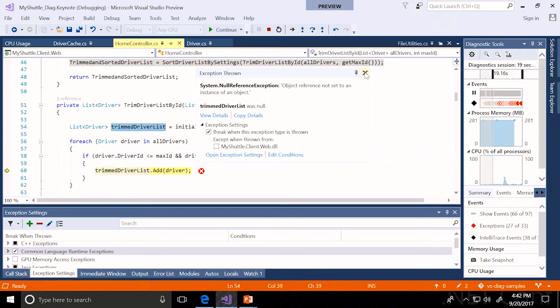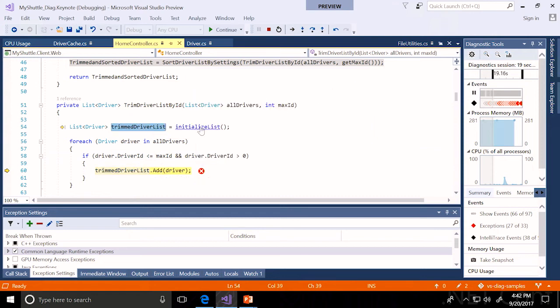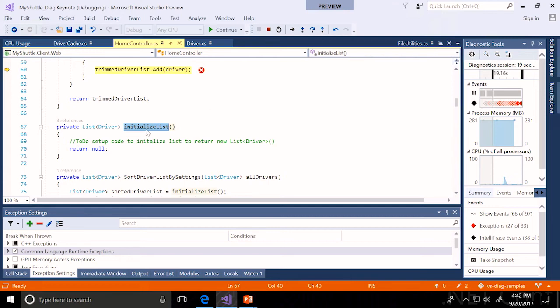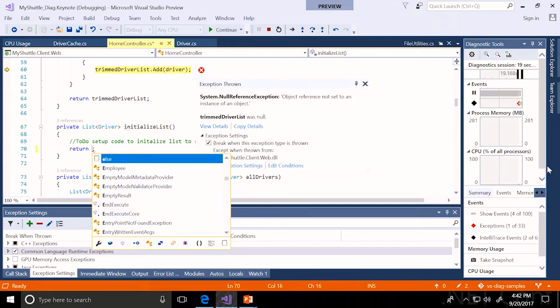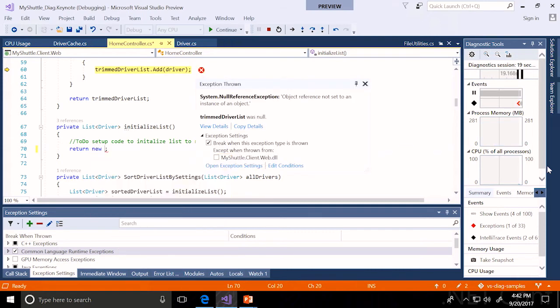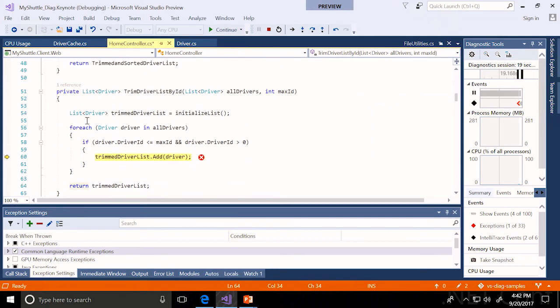Oh, there it is, right up there. It's being initialized. I'm just using Control-click to navigate around here. It says initialize list. I forgot to return a new driver list. So let's go ahead and return new list with the drivers. Okay, so now hopefully I'll have to actually use Control set next statement to go back here to make sure